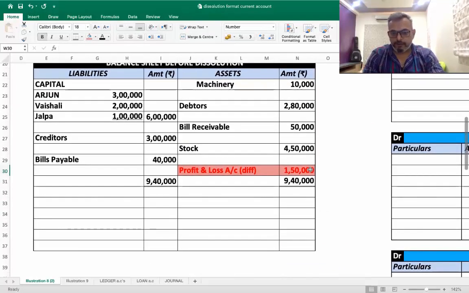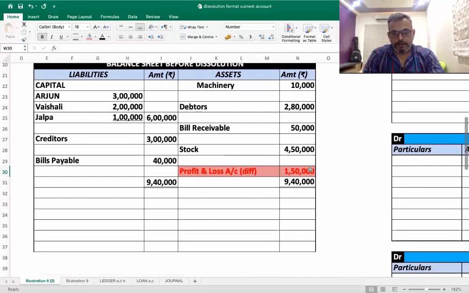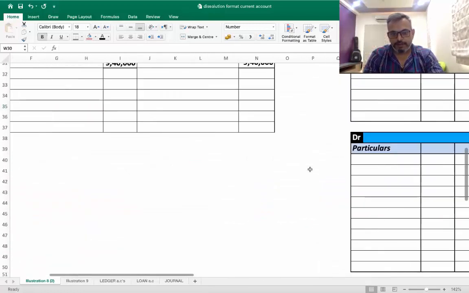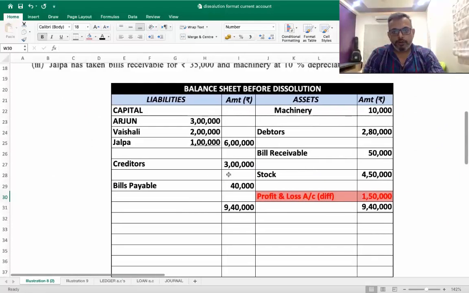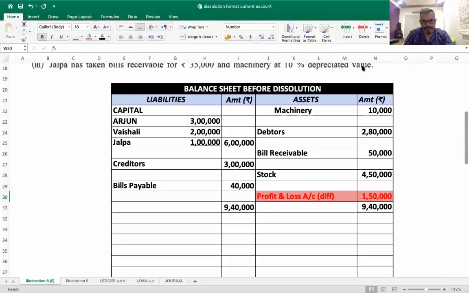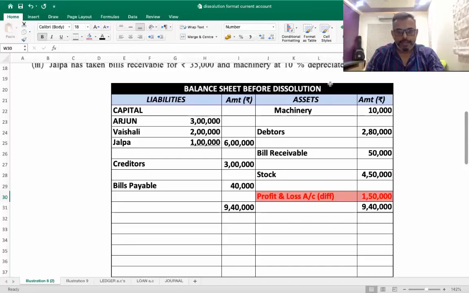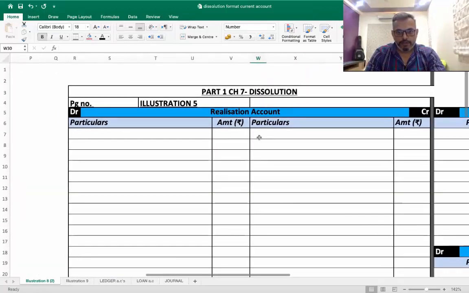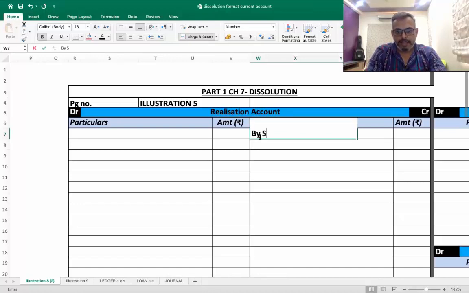क्रेडिटर्स, बिल्स पेएबल को ट्रांसफर कर देते हैं, असेट्स को भी ट्रांसफर कर देते हैं, तो पहले क्रेडिटर्स को ट्रांसफर करेंगे. क्रेडिटर्स का बैलेंस क्रेडिट होता है, तो क्रेडिटर्स को करेंगे डेबिट और रियलाइजेशन अकाउंट को करेंगे क्रेडिट. तो रियलाइजेशन अकाउंट में ऑन द क्रेडिट साइड बाय सन्ड्री